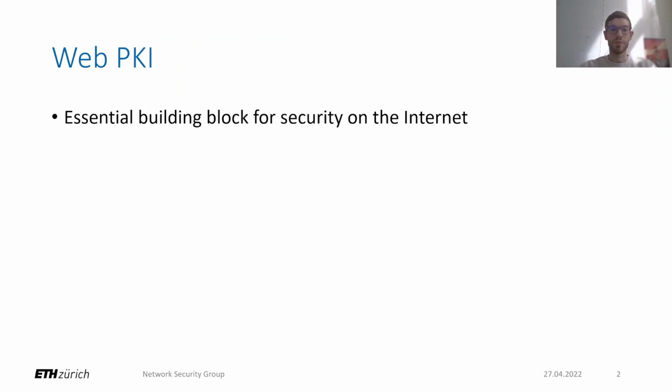The Web PKI is an integral part of the security ecosystem of the Internet. It provides a foundation of commonly used security protocols such as TLS, HTTPS, DoH and DoT. The security, stability and usability of the Web PKI is thus of utmost importance, which is shown by the plethora of improvements and extensions available.